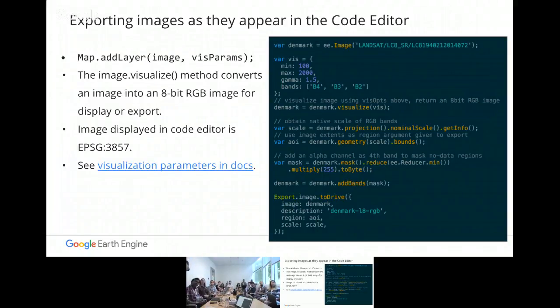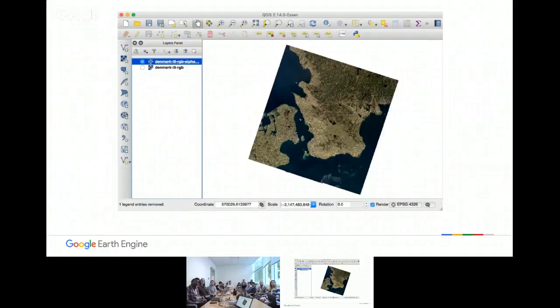Main thing, if you want it to look as it is in your map in the actual code editor, you want to throw on this .visualize method, and what you export will actually look like what's displayed on the map, rather than displaying it in the native bit depth. Second thing, it's a GeoTIFF that's compatible with your standard